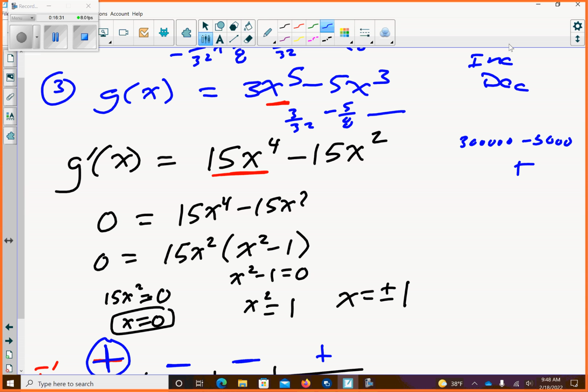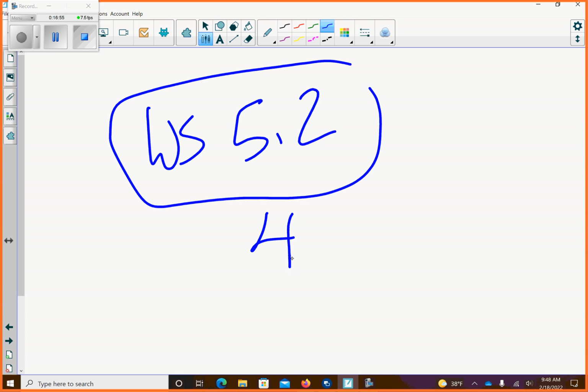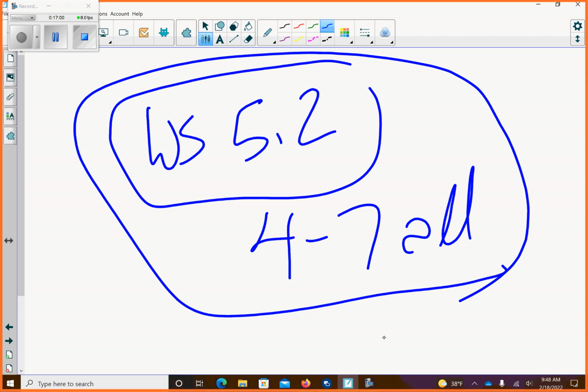I think I could go ahead and assign you more of this sheet. So on 218, we didn't do anything yesterday because a lot of people were off. Let's have you do 4 through 7. So on worksheet 5.2, let's have us do 4 through 7, all of those. So I'm kind of going a little slower because this stuff gets a little nitty-gritty goofy. And I'm going to save